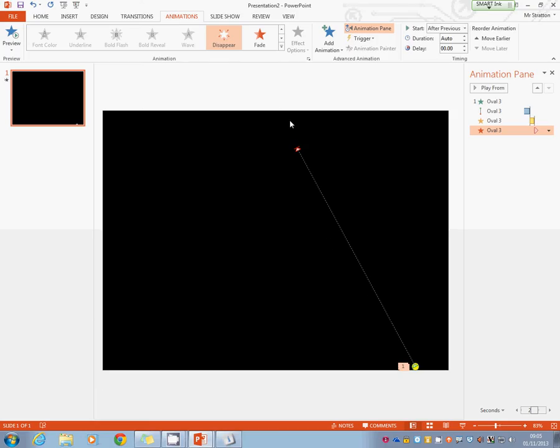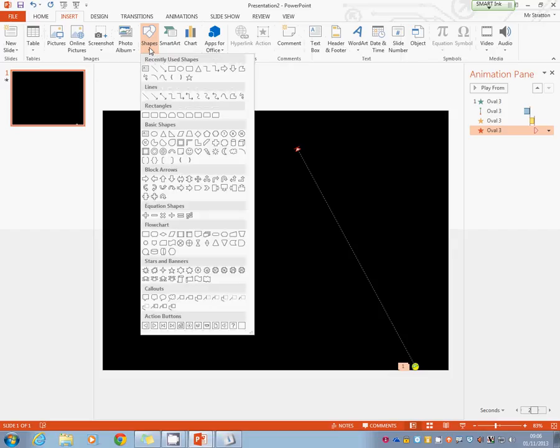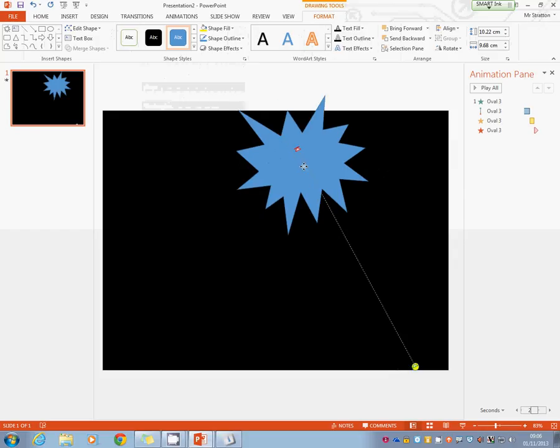Here we go. Click, fires up, pulses, disappears. Alright. So what I'm going to do with that pulse disappear bit at the top is I'm going to add in a new effect. And we could insert a shape. And at this point we could go for things like the starburst or the explosion or just a multi-pointed star. If I throw in an explosion,